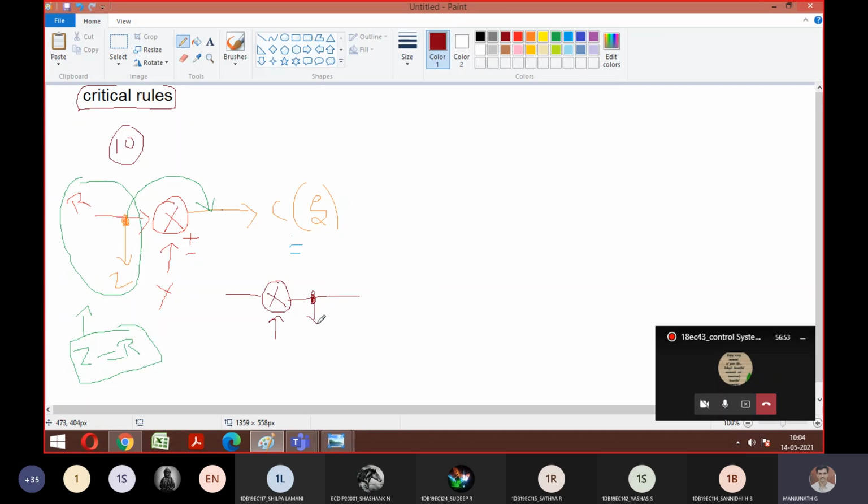So now my question is, what is the formula for Z? What is Z equal to after moving that from here to here? Look at the diagram and tell me. So R is there, Y is there. What is Z equal to? Here plus or minus is there. It's a summing point, right? Summing point means what? It will do addition or subtraction. So I can take Z equals R plus or minus Y. Is it so difficult here? So is this the output you are going to get after moving?